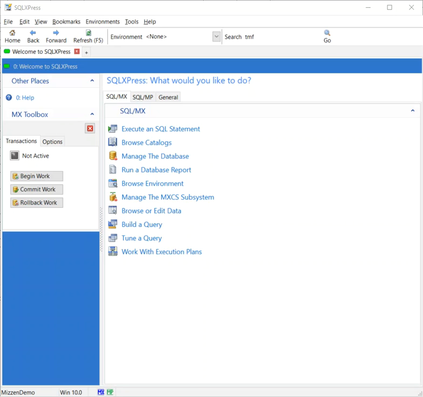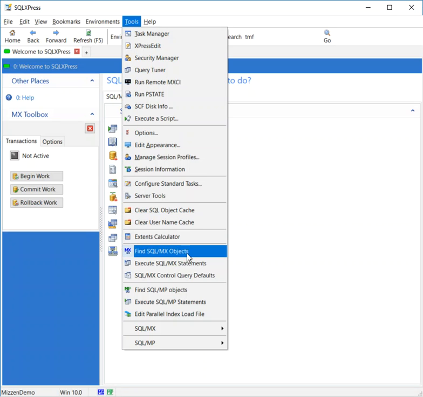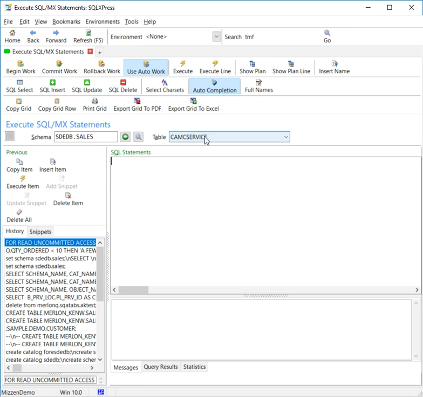For expert users who are intimately familiar with SQL syntax, client interfaces can be cumbersome. So SQLXPress provides a whiteboard from which SQL statements can be executed directly. This can be started from the Tools menu or by selecting Execute an SQL Statement from the SQLMX or MP menu. You can enter one or more SQL statements in the SQL